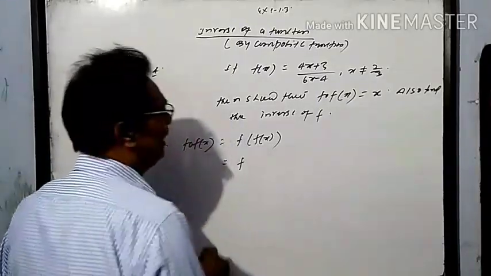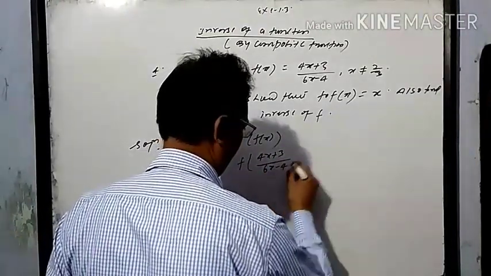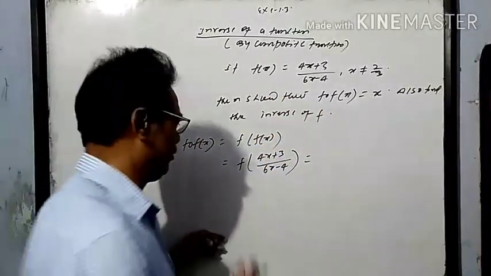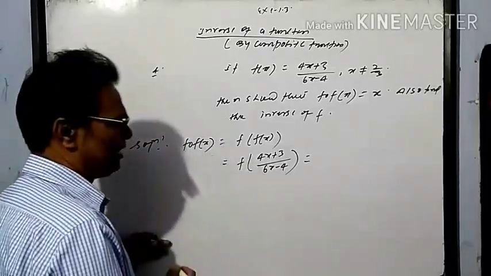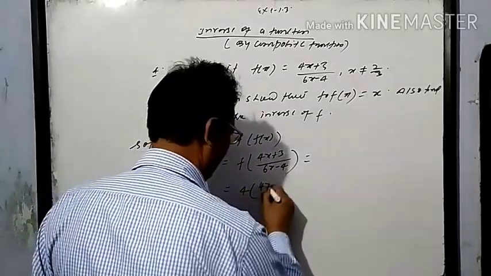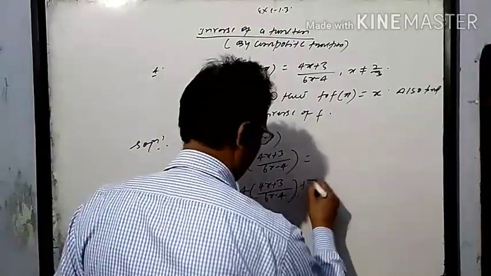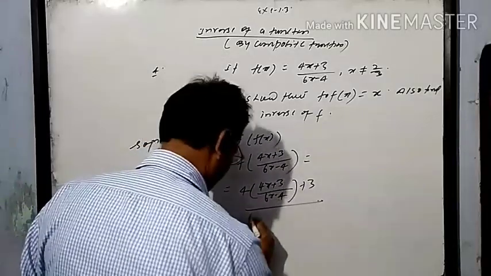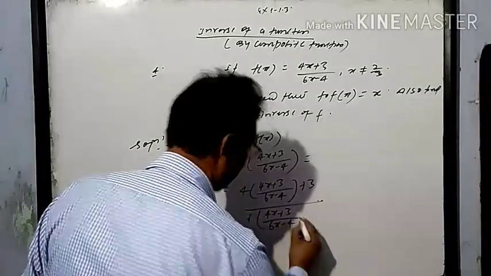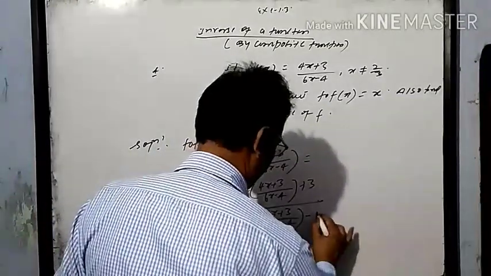This will be equal to f of (4x plus 3) divided by (6x minus 4), and since f(x) is equal to (4x plus 3) by (6x minus 4), therefore f of (4x plus 3) by (6x minus 4) is equal to 4 into (4x plus 3) by (6x minus 4) plus 3, divided by 6 into (4x plus 3) by (6x minus 4) minus 4,